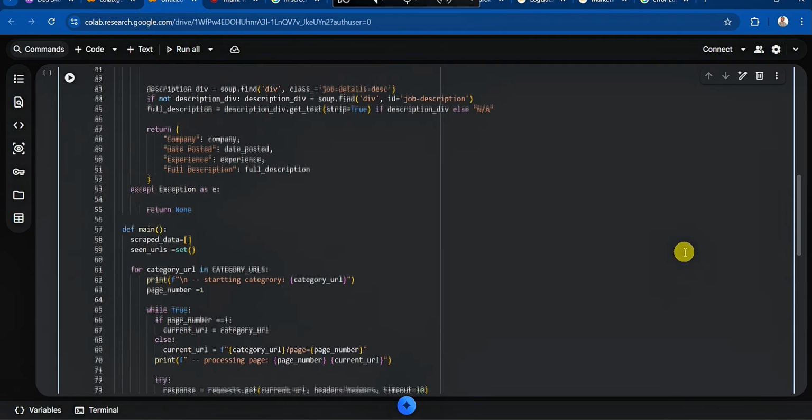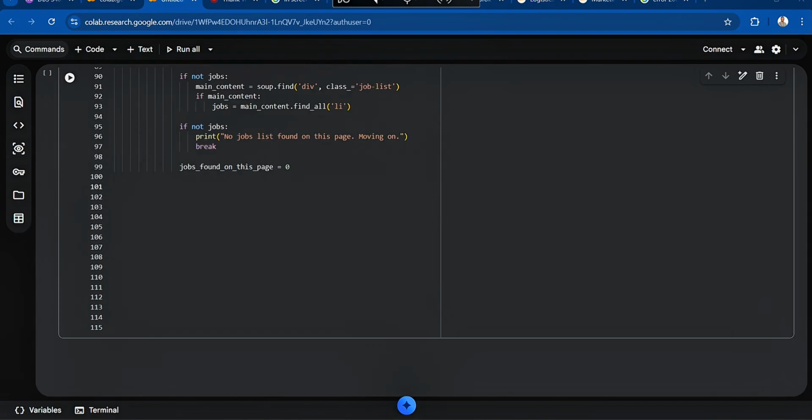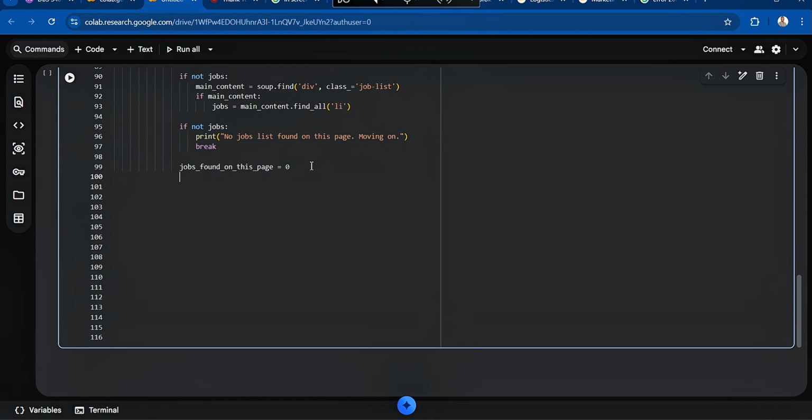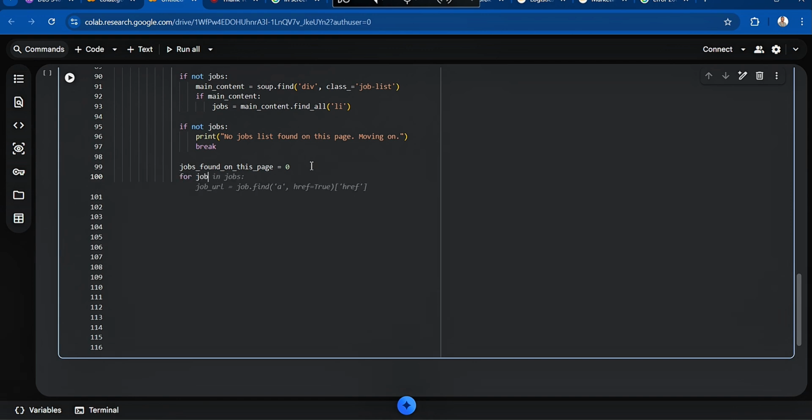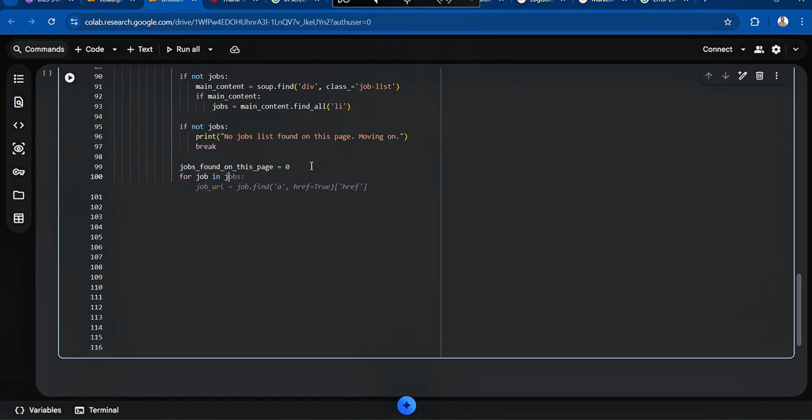I don't know why this is behaving this way. So we are going to give this a value of 0. And then for job in jobs,